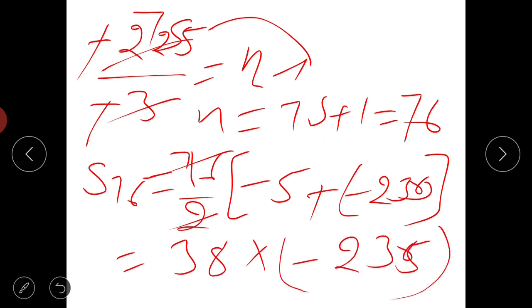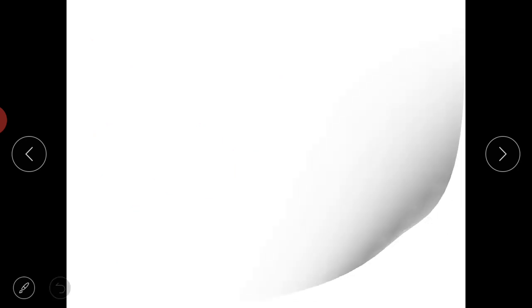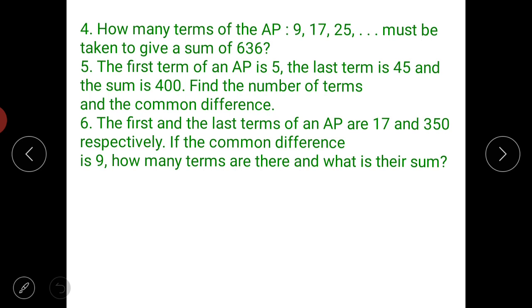So multiply this and you got the answer. Got it or not, beta? Yes. The next questions of NCERT, as the first question: how many terms of the AP